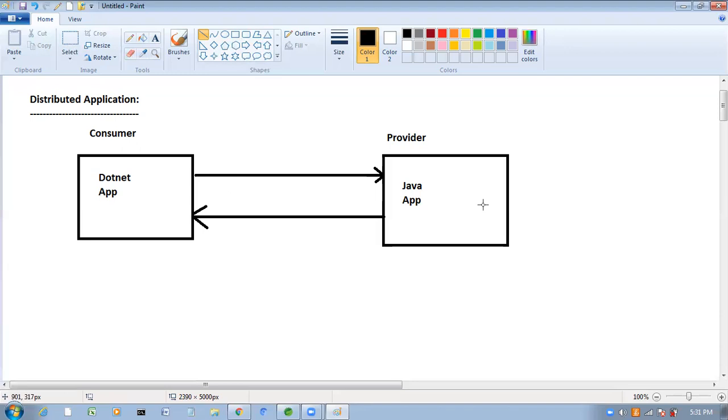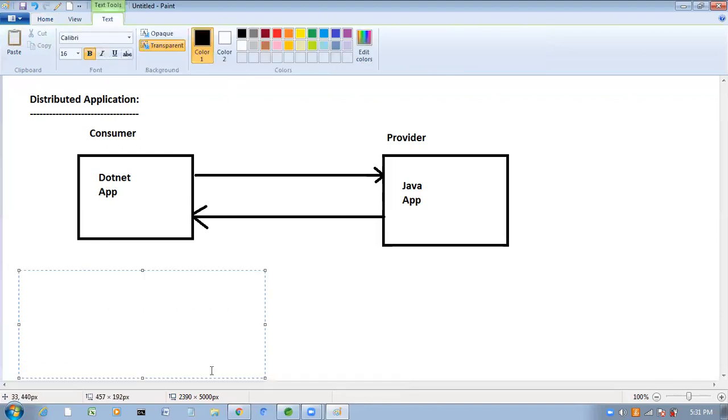Now if you want to develop these distributed applications, how will we develop them? We can develop distributed applications by using web services. How many types of web services do we have?